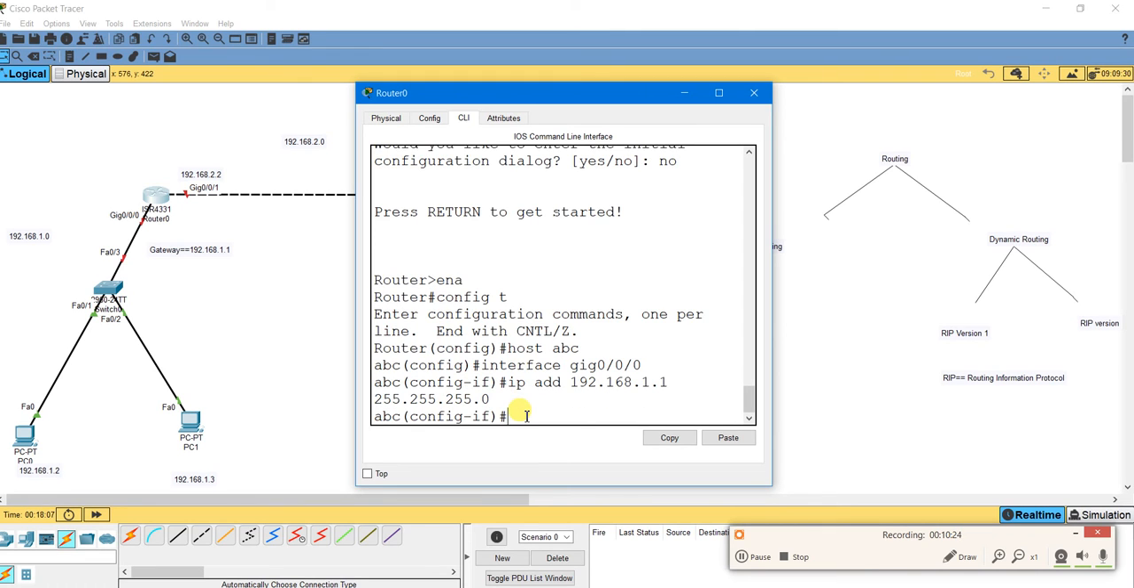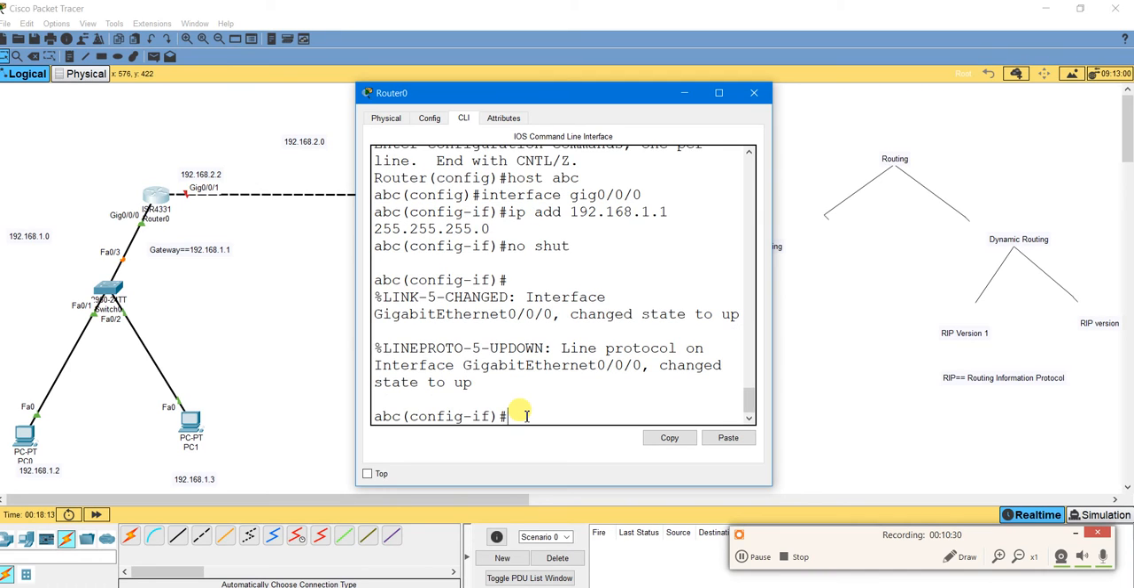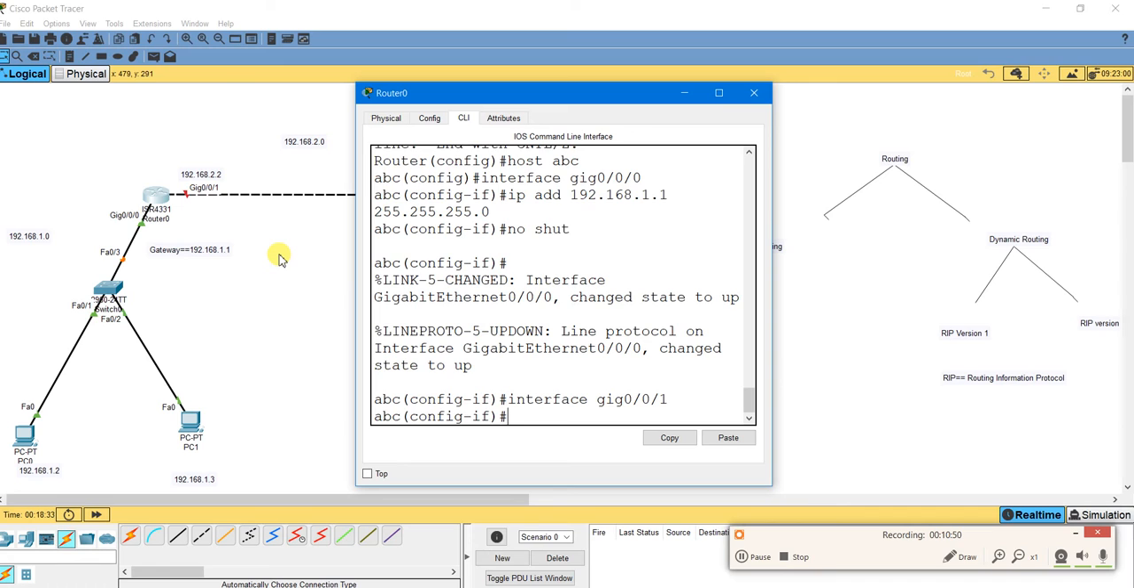So the IP is added. Now we have to do no shutdown to bring the state up, and now the IP is provided to this gigabit Ethernet. Now we are going to provide the IP to this other gigabit Ethernet. So we select the interface GIG 0/0/1, enter. Okay, so it is already